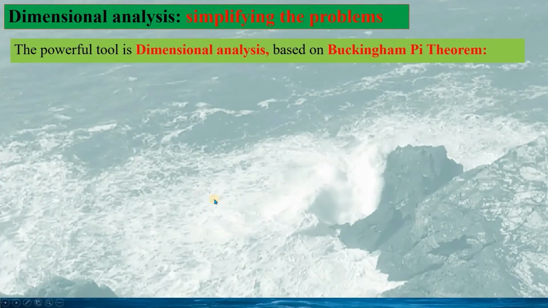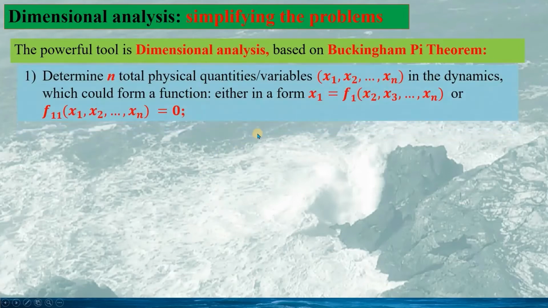Now we have a good tool for simplifying such a problem. The powerful tool is dimensional analysis based on the Buckingham pi theorem. In principle, for dimensional analysis, we have several steps. The first step would be the determination of the total physical quantities or variables, for instance x1, x2, to xn in the dynamics, which could form a